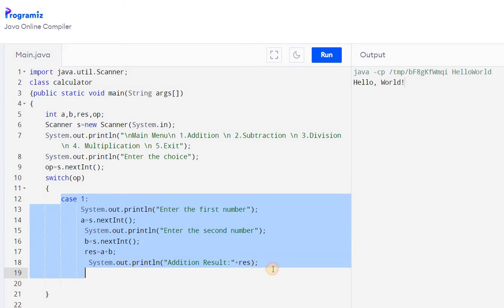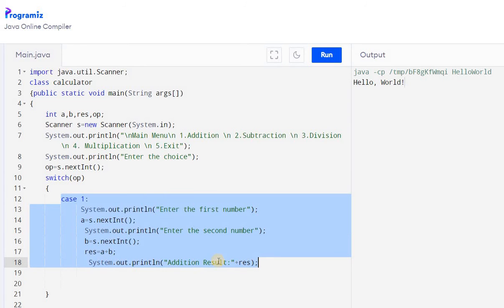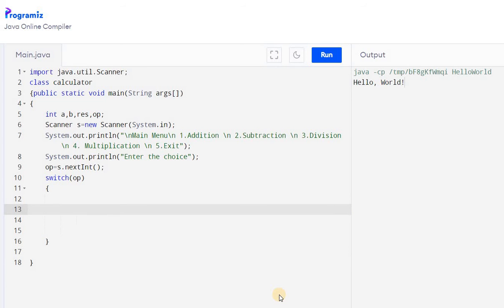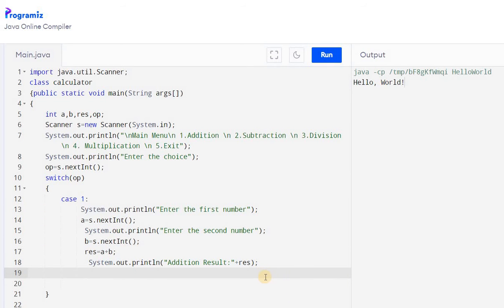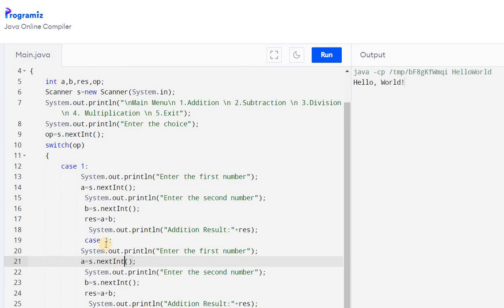So next we are going to write the next case. What's the next case? According to this, our next case is subtraction. So this is our case 2.